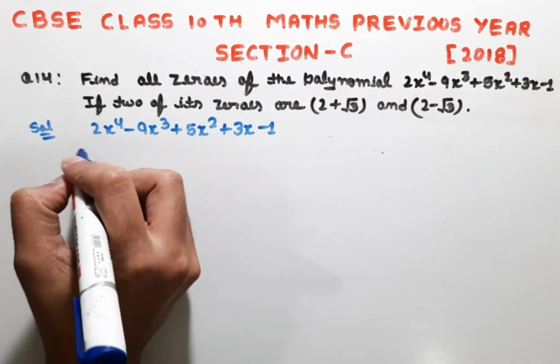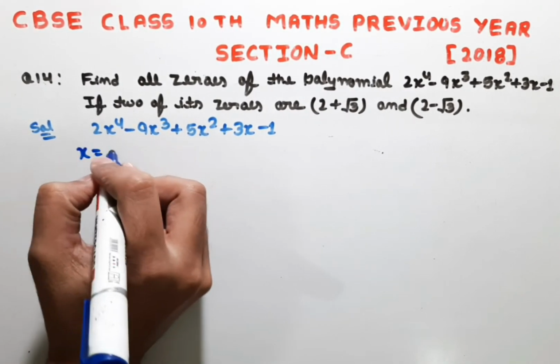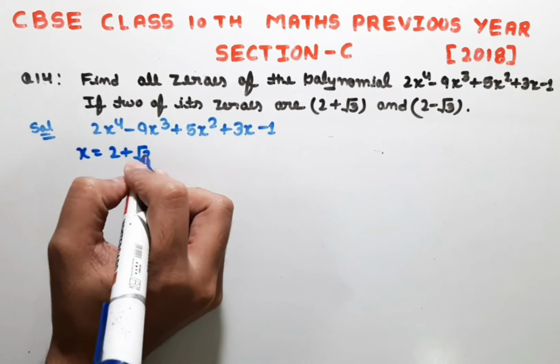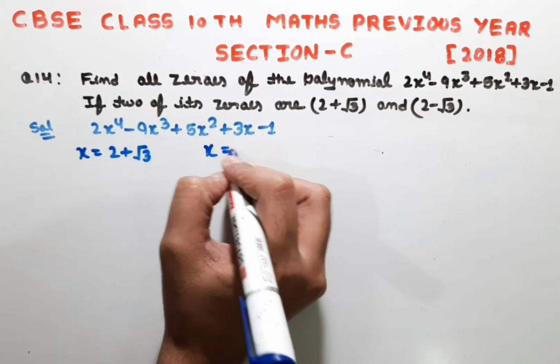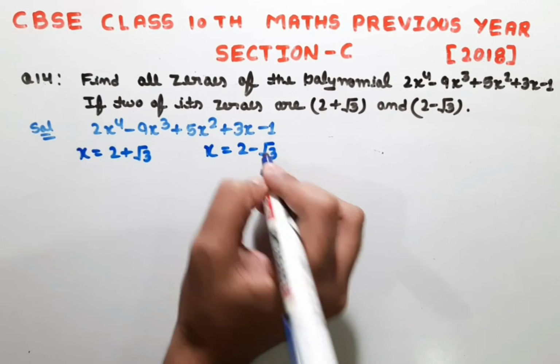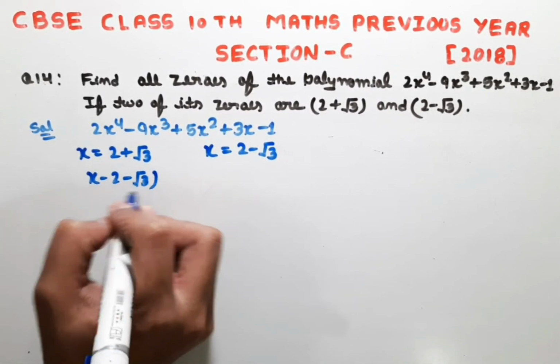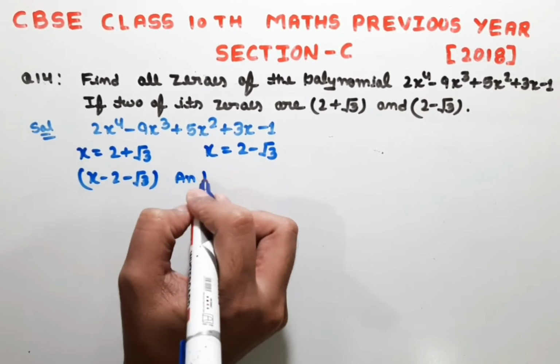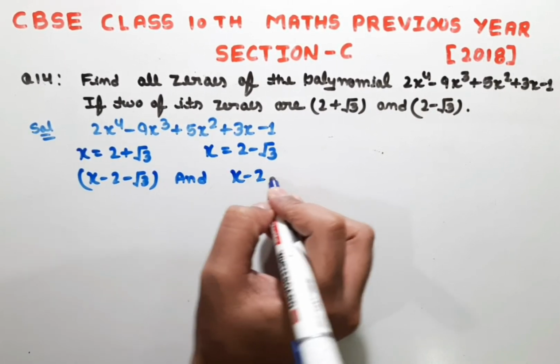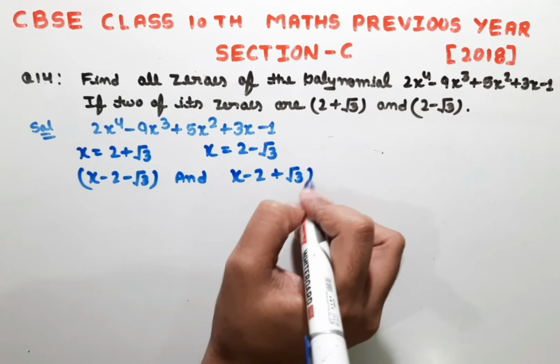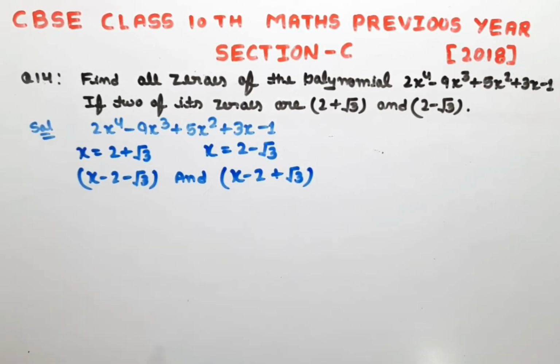The two zeros are x equals 2 plus root 3 and 2 minus root 3. So our factors will be x minus 2 minus root 3 and x minus 2 plus root 3. The product of these two factors will also be a factor of this polynomial. So now multiplying these two factors we get,